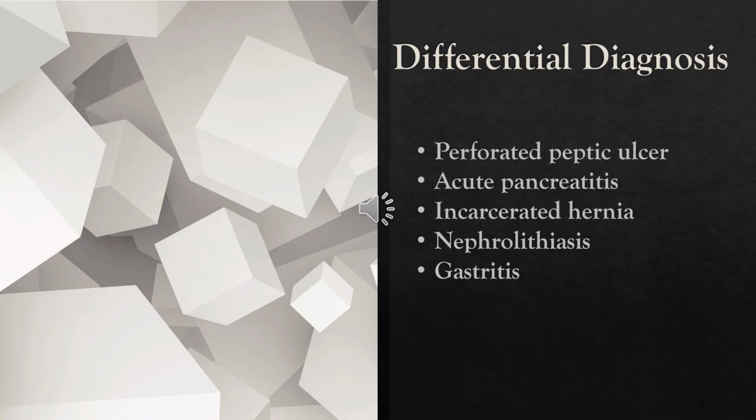The differential diagnoses for an abdominal aortic aneurysm can include a perforated peptic ulcer, acute pancreatitis, an incarcerated hernia, nephrolithiasis,